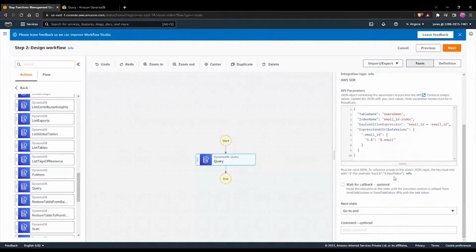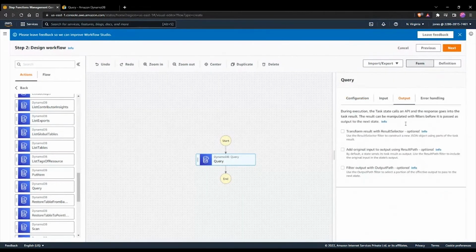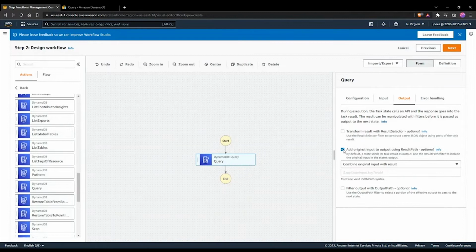And once this is done, you can specify the output. Whenever the output is fetched, you could say that the output could be fetched in a specific path. So you can add the path in here, where it adds to the JSON that's been initially sent as an input. And once this is done,